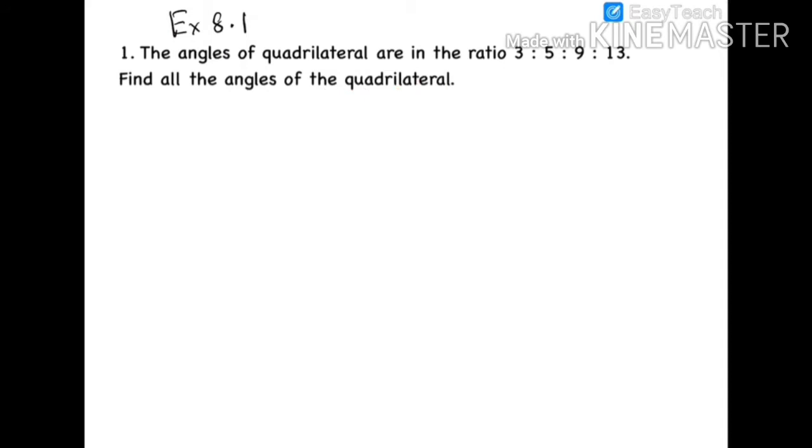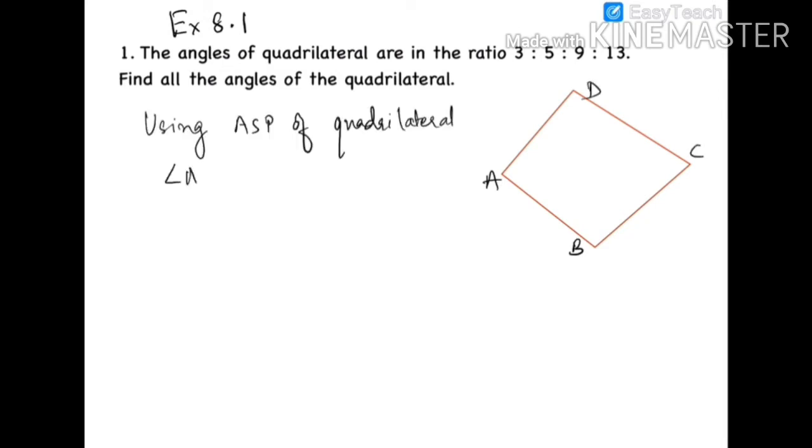To find the angles of a quadrilateral, we will make use of the angle sum property of a quadrilateral. We have learnt that the sum of interior angles of a quadrilateral is equal to 360 degrees. So angle A plus angle B plus angle C plus angle D will be equal to 360 degrees. But these angles are in the ratio